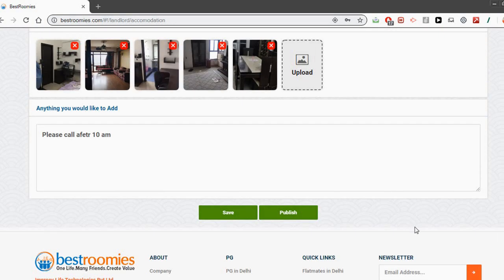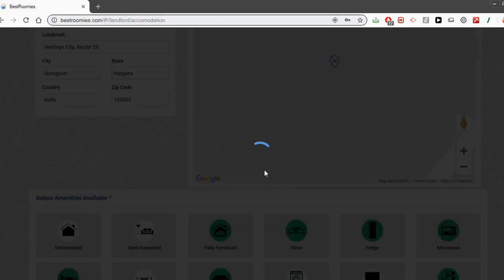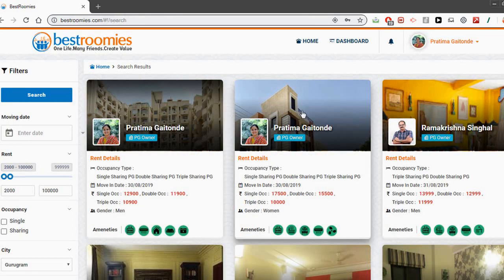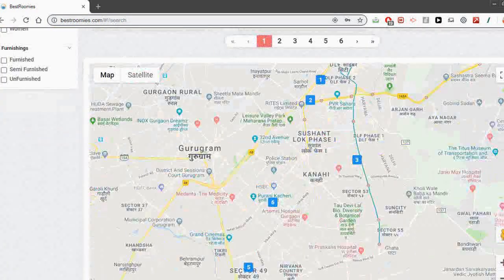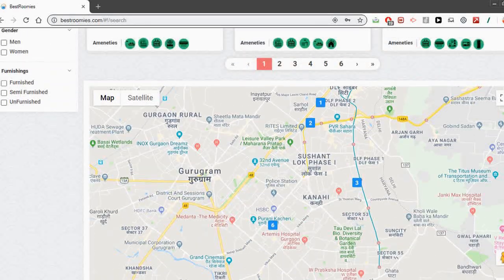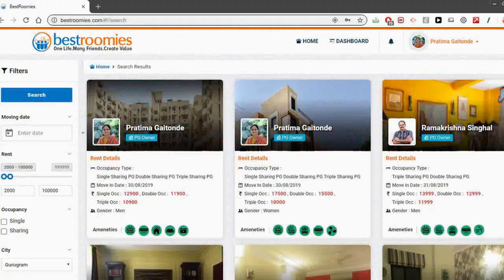There's no need that on the first go you have to enter correct information. And there you are, right? So you can update it anytime, and you can see your PGs posted successfully for the tenants. The tenants will click on your profile,